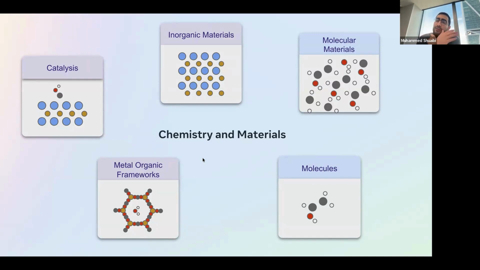Just so I can walk you through the process of what this looks like and what discovery happens in one of these, I'm just going to focus on one for today's discussion, and then we can highlight a few at the end for the variety of applications. And the thing I'll highlight is catalysis.